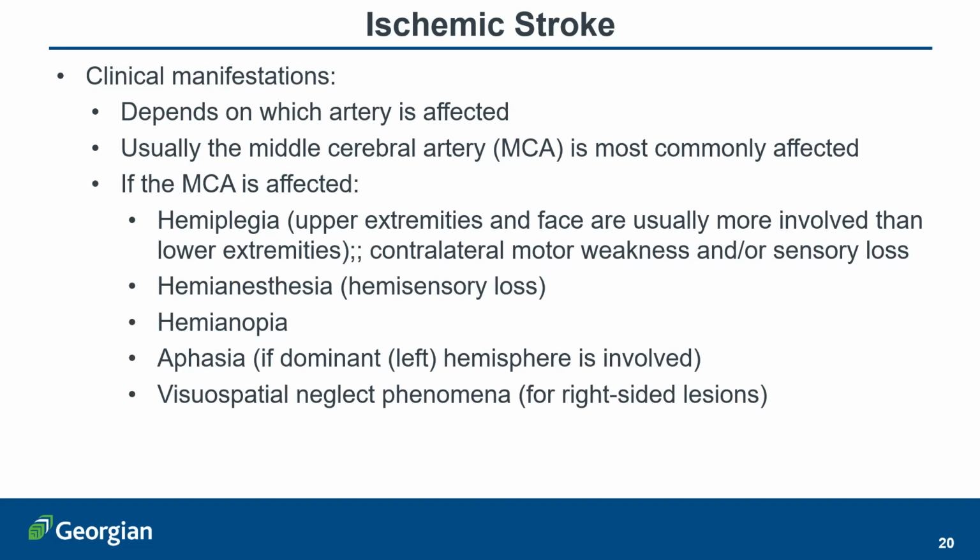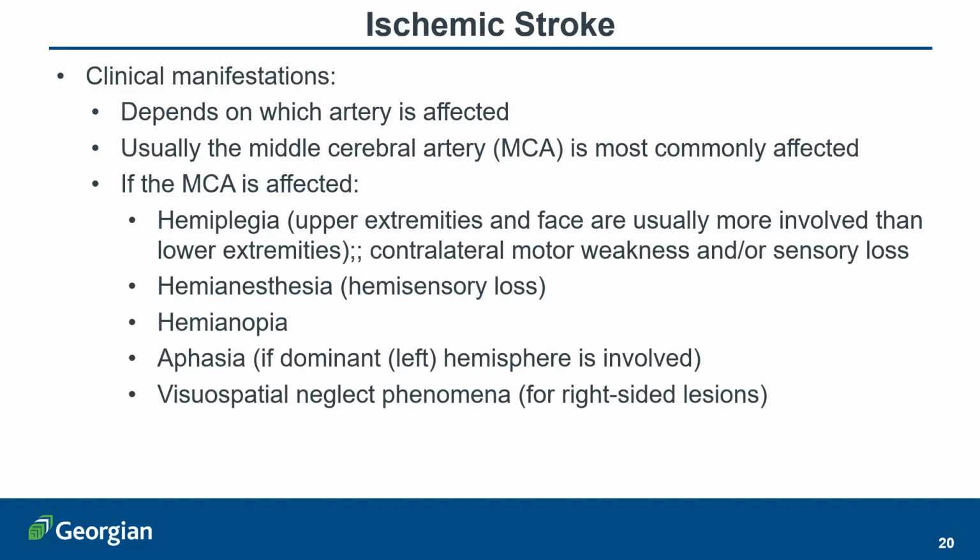If it is the anterior cerebral artery, or ACA, or the posterior cerebral artery that has become thrombosed, then the clinical manifestations are likely to be different. Here we have to make the assumption that it is the middle cerebral artery that is causing the stroke. The obstruction or the thrombus in the middle cerebral artery is causing the stroke. That's not a surprise, as we said, because it is the most commonly affected artery, and it is the largest one. So if the MCA is